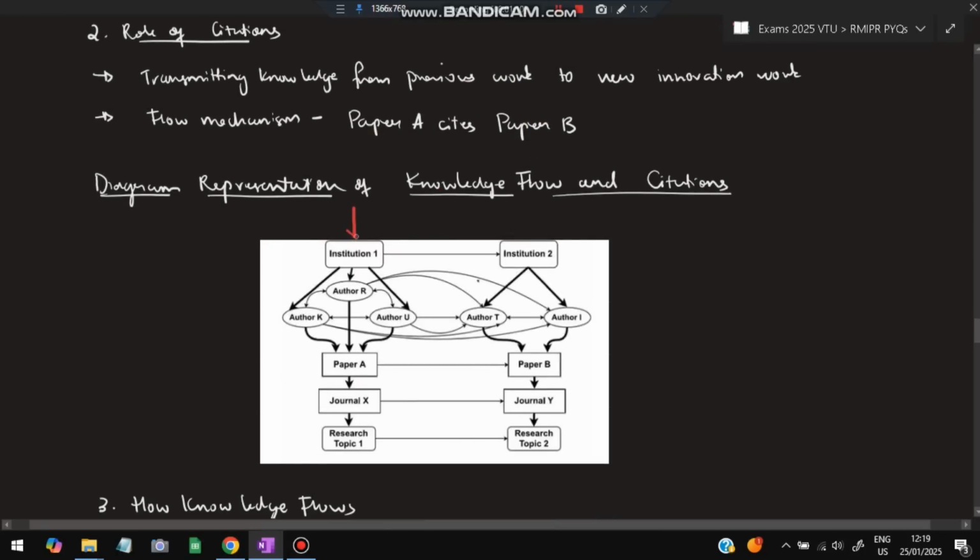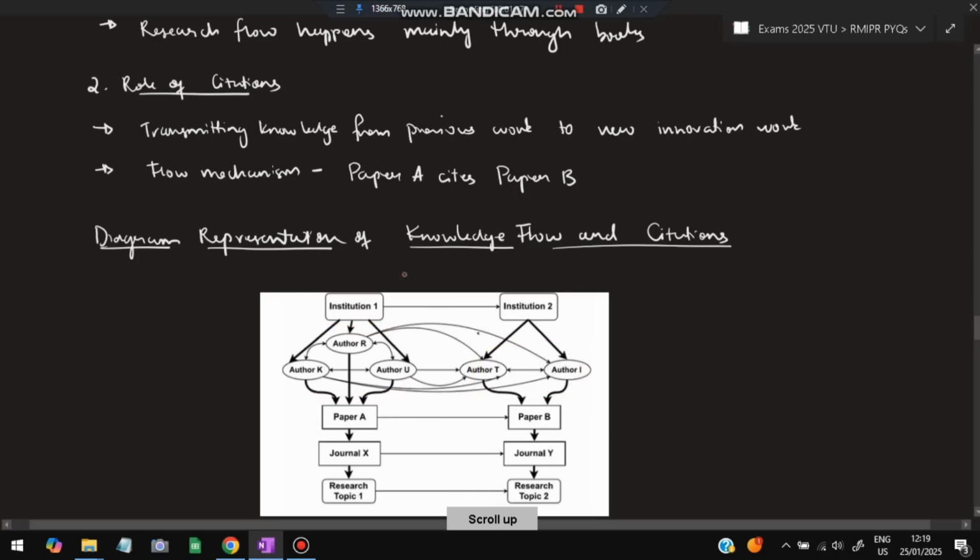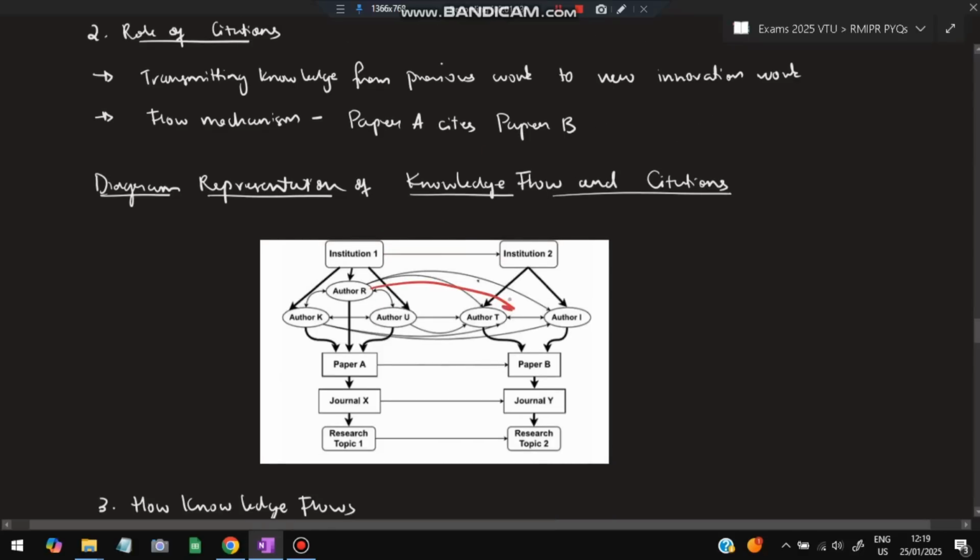So this is institution 1 and this is institution 2. Institution 1 has three authors, author K, author R and author U, and institution 2 has two authors, author T and author I. They may be in a different research field, and they are in a different institution as well. If there is a knowledge transfer between two institutions, that is also a knowledge transfer. Between the authors, if it is there, that is also a knowledge transfer. If it is between two different research domains, that is also a knowledge transfer. Okay,